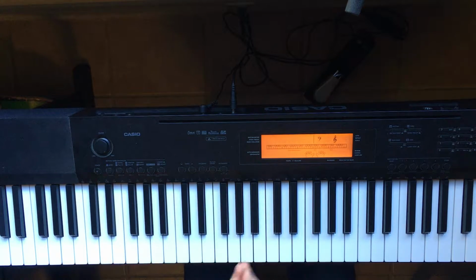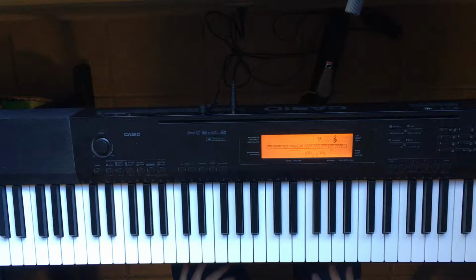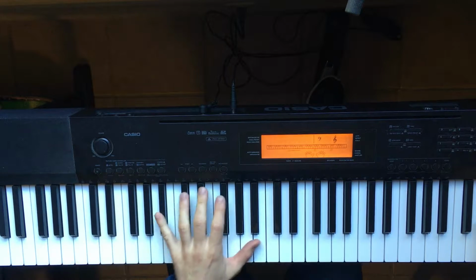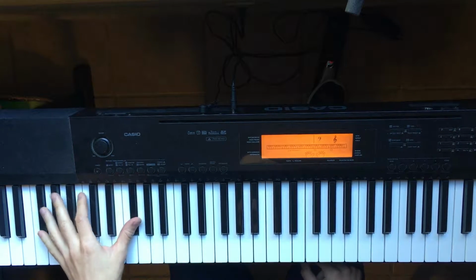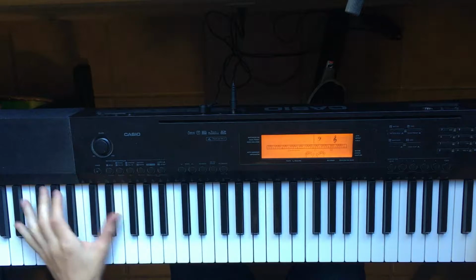Today I'm going to be showing you how to play thirds on the keyboard, okay? All the scales, in thirds. I found this way to be easier, and I learned it from when I had to learn the descending thirds in the Elegy. And I still have that damn button pushed, so it's like...